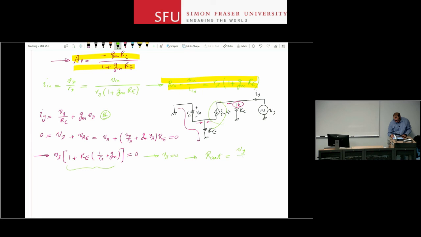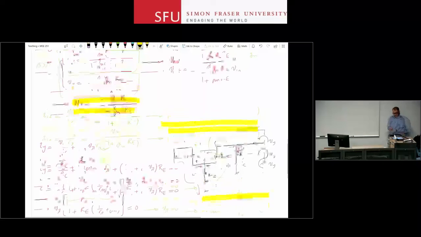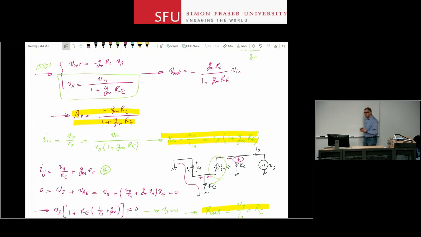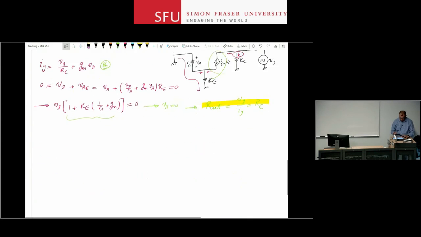So if you take that equation and bring it here, then you can see that R out, which is Vy over Iy at the end of the story, is RC. Right? So we didn't have any change at the output end. Output resistance is still RC, but my input resistance has gone up, my gain has dropped down, both of them by the same factor, 1 plus GM RE. Now let's go through one example here to see some numbers, to put some numbers to these equations and then have a relatively realistic expectation or numbers for the